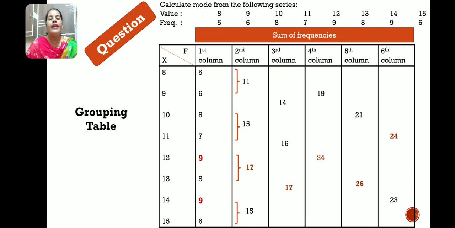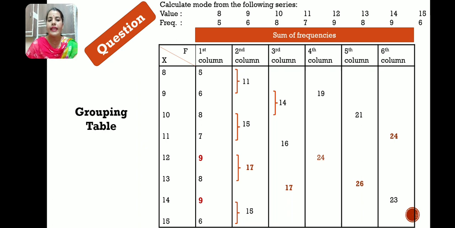Okay, next, third column of frequency, in which you have to leave the first one and then add two. Okay, how? You will see. So I'm leaving the first one, which is the 5. Okay, now I'm adding the next two.